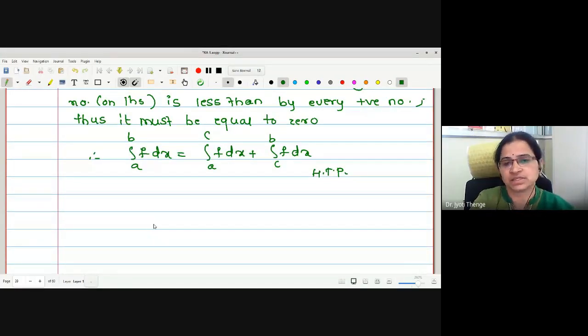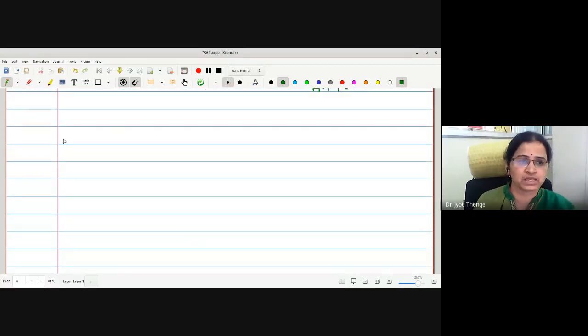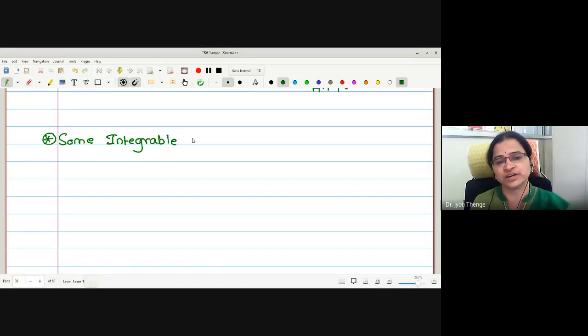And the next theorem is regarding the integrability properties. Therefore, we will give the next heading as some integrable functions. Because sometimes in our objective questions, a function was given and it was asked to check whether it is integrable or not. And if I want to check the integrability, what is the process? By Darboux sum, find upper sum, lower sum, upper integral, lower integral, check whether these two integrals are equal or not. If I want to go by Riemann sum, find the Riemann sum, take the limit. If the limit exists, it is integrable, and otherwise not integrable.